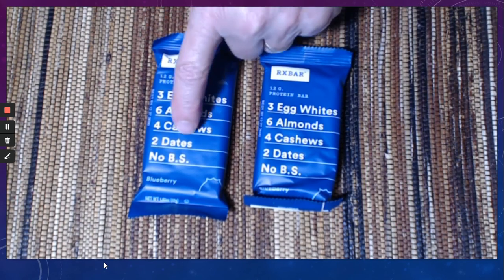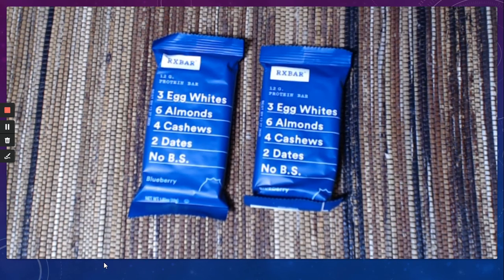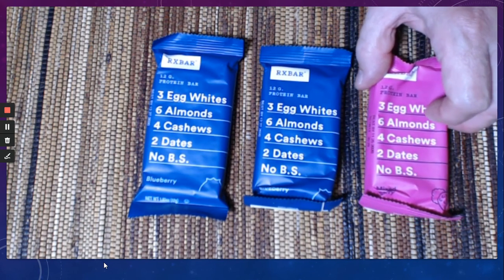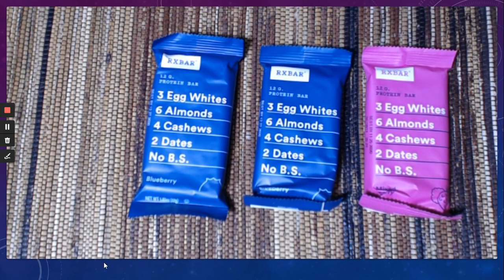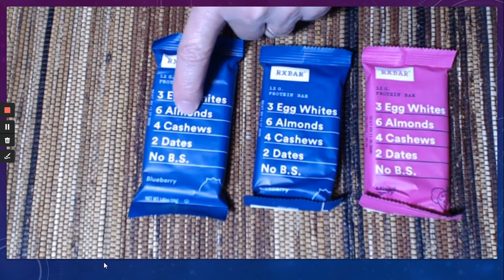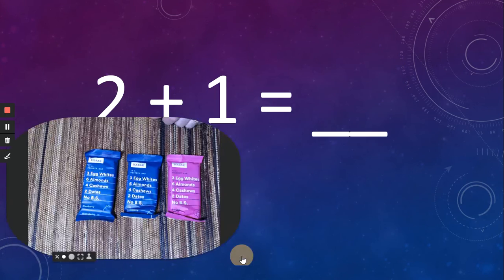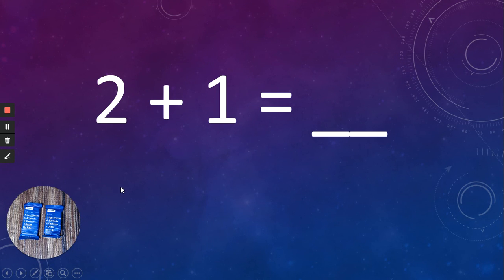Look, I had 2, but now I'm adding a red breakfast bar, not another blue one, but a red one. Now, how many do I have? Let's count them. 1, 2, 3. Oh my goodness, look. I had 2 breakfast bars, even though they're different colors, and I added another breakfast bar,